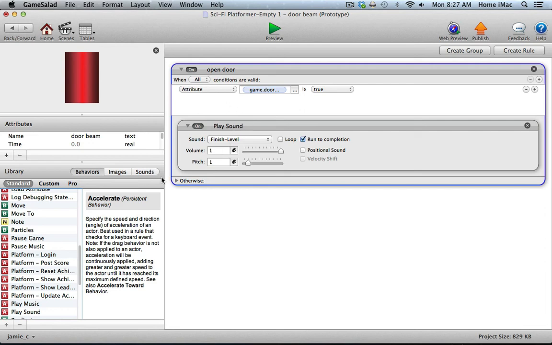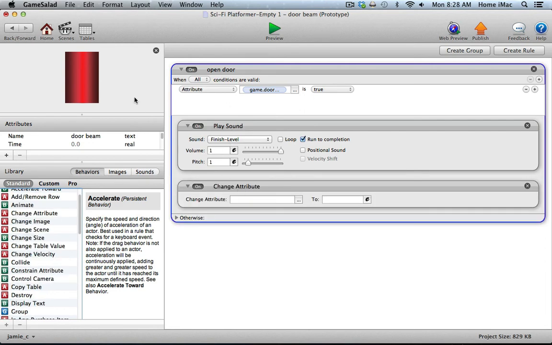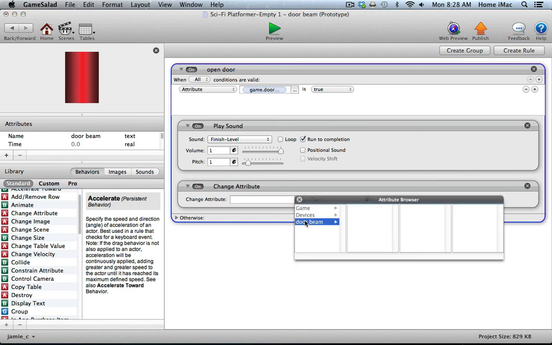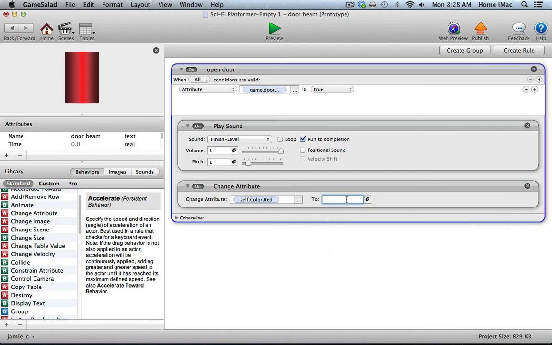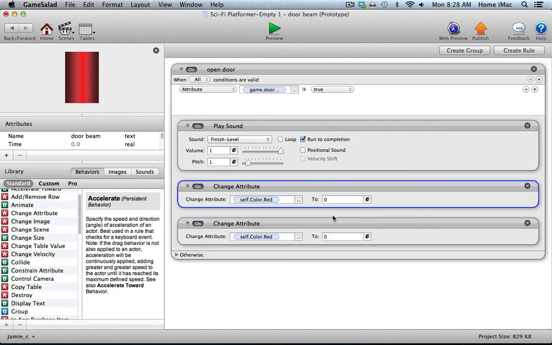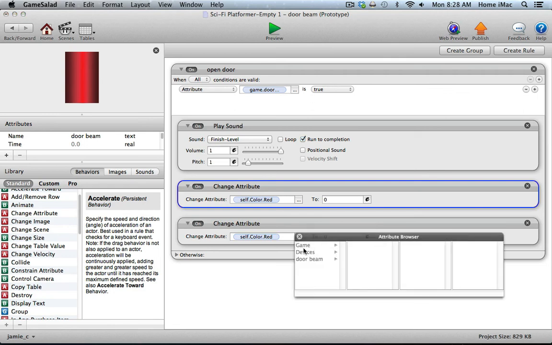Then I also need to change a couple attributes. The first thing I want to do is change the color of this door from red to green when it's opening. Just like the button on the pad that you touch to unlock the door changes from red to green. Instead of changing the image though, for this version, we're just going to change the color properties. So I'm going to change the attribute door beam, color, red to 0. I'm going to make a copy of that. And I want to change door beam, color, green